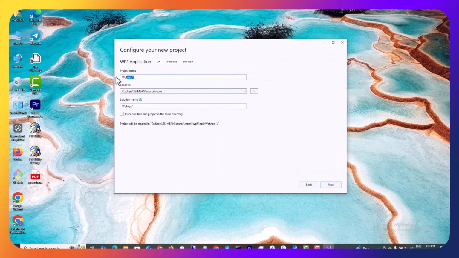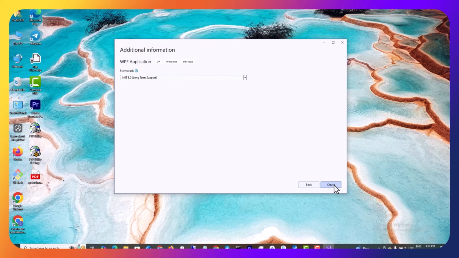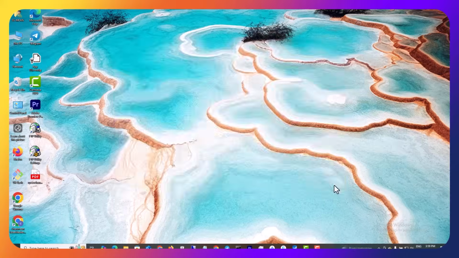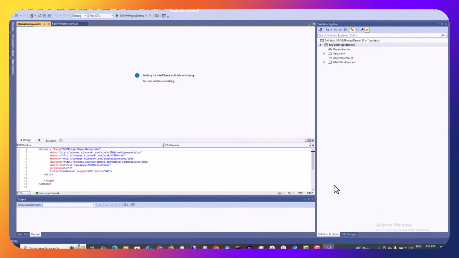Click next. I will type MVVM project demo. I set everything as default, so I click next and create. At this stage, Visual Studio will create the window for